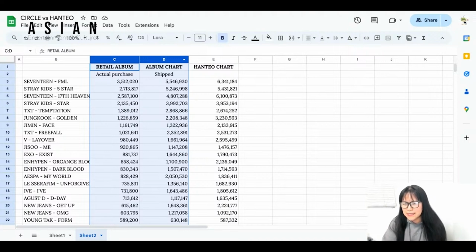So does that mean that Hanto is more accurate? It is more accurate in terms of the number of albums that were sold. Yes. However, in terms of what is legit, what is going to be counted in the chart, Circle Chart is more accurate. So, you know, like, do you consider it